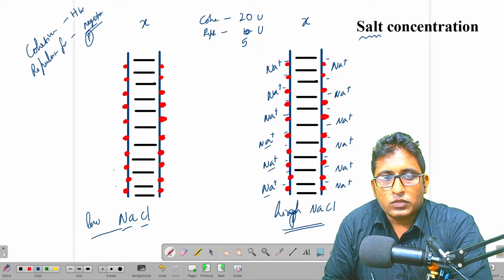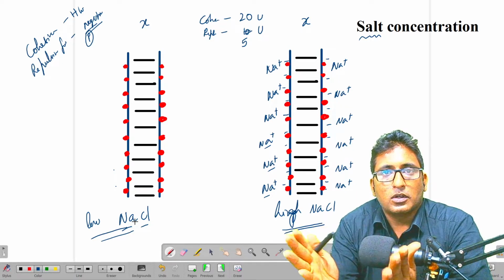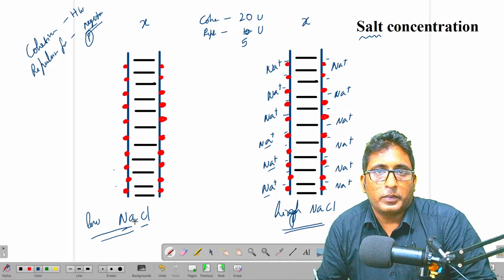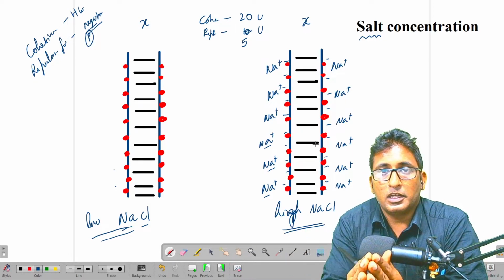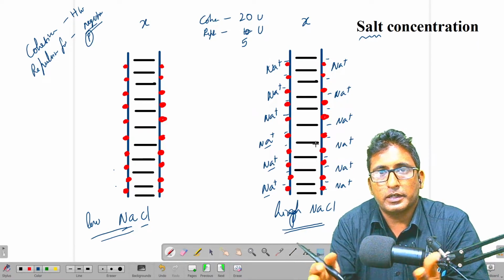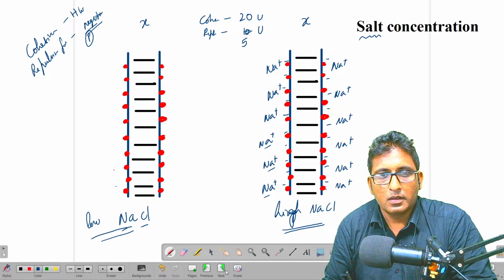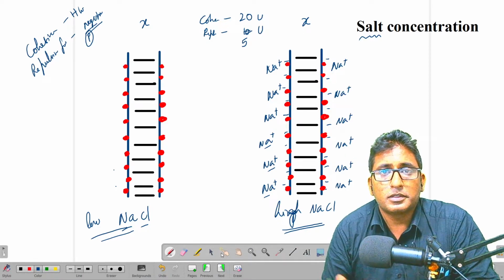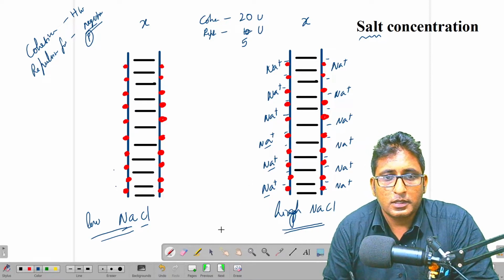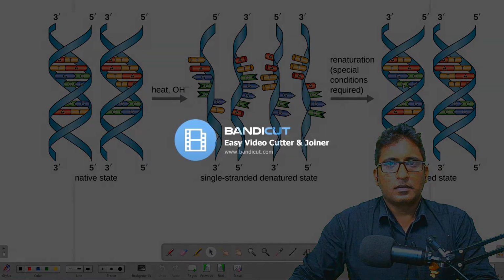In the other case, with low salt concentration, the repulsive forces are not so reduced, so they still remain. Those strands are highly probable to become single-stranded DNA upon a change in conditions or temperature. So this is a good way of trying to see these things. On the contrary,